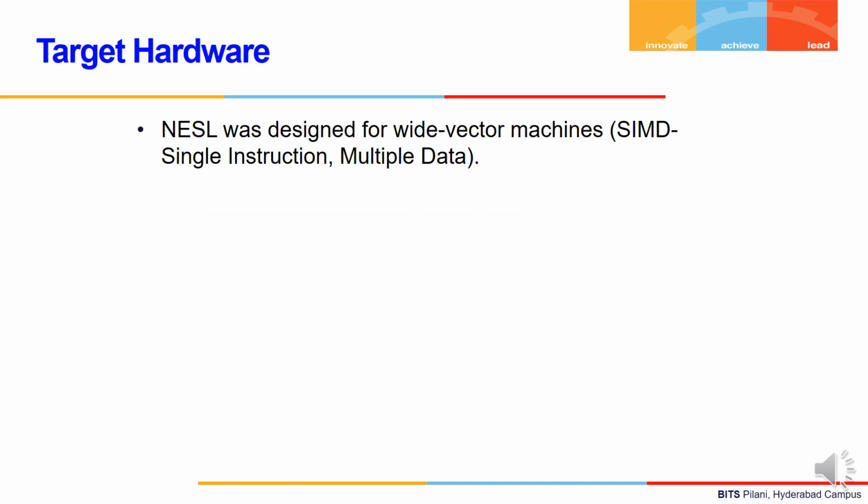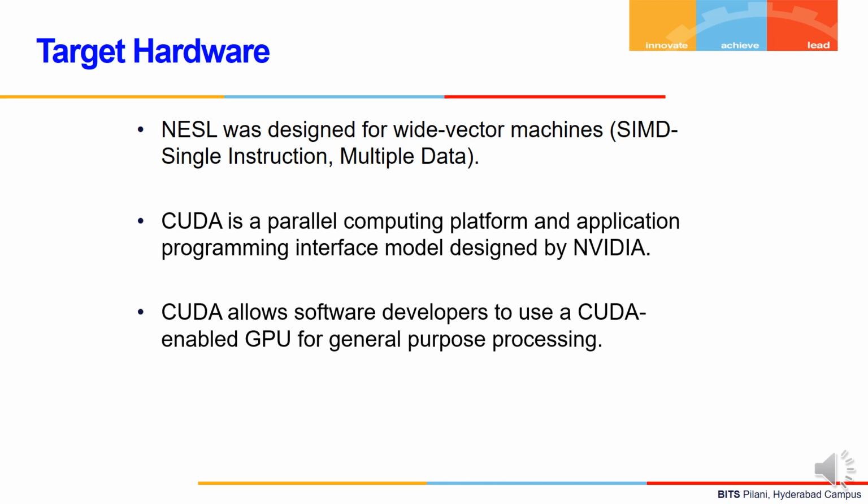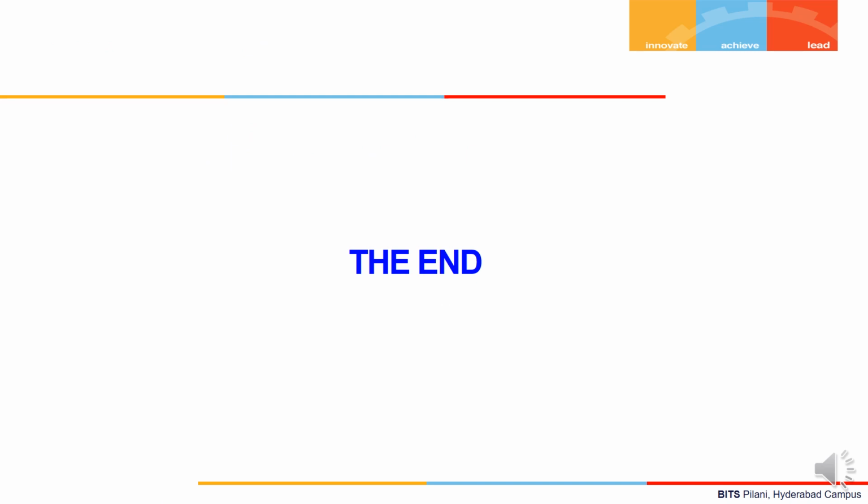The NESL language, which is the program source code for the Nessie compiler, was designed for wide vector machines. The output of the compiler, CUDA, is a parallel computing platform and application programming interface model designed by NVIDIA. It allows software developers to use a CUDA-enabled GPU for general-purpose processing. There is a ton of work planned